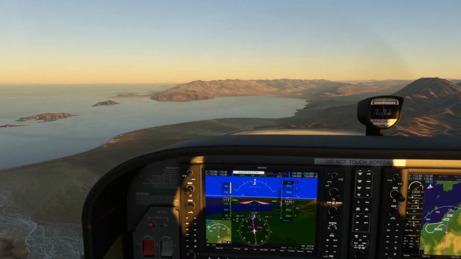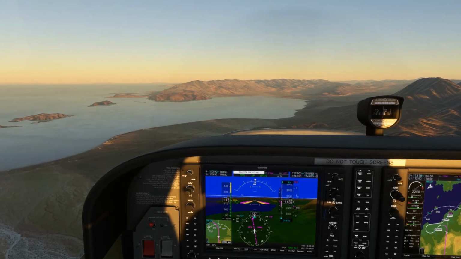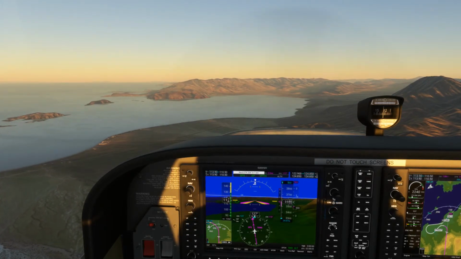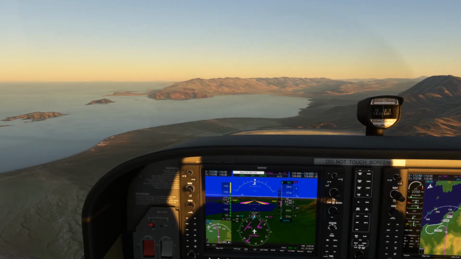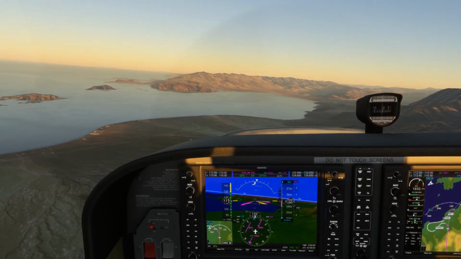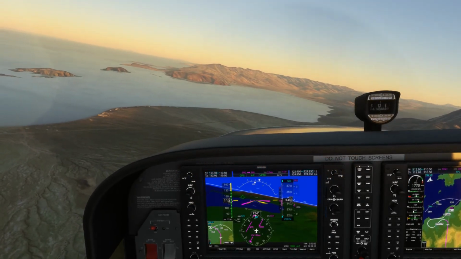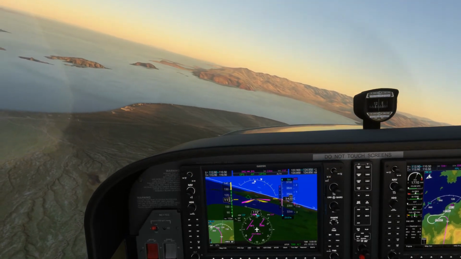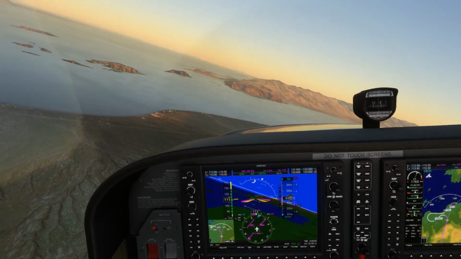I'm thinking that we're still too high, actually. I'm slowing her down now. Here we go, we're going to start our turn. We're supposed to be at our final approach fix at 500 feet to 3,400 feet now.